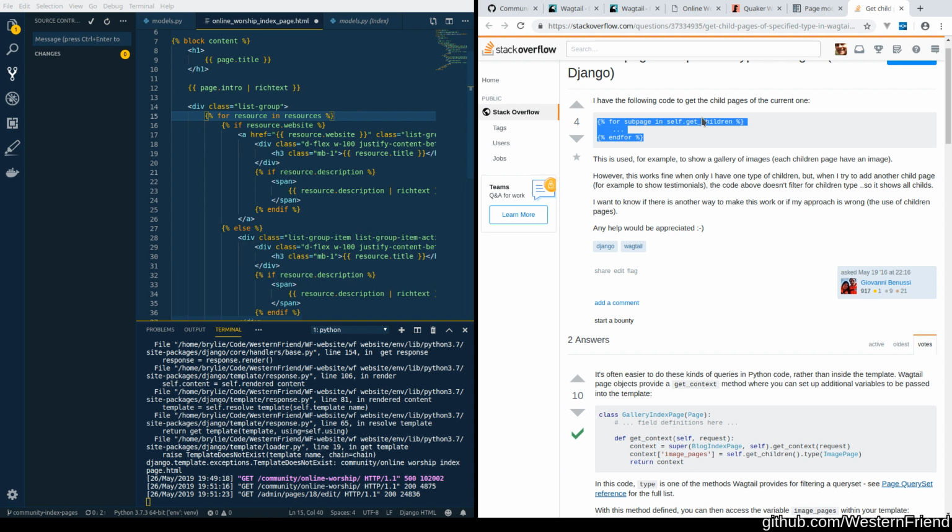So essentially it's going to be for subpage in self.get_children. So for resource in self, for online worship, self.get_children. Again, this comes out of the Wagtail page model. And now